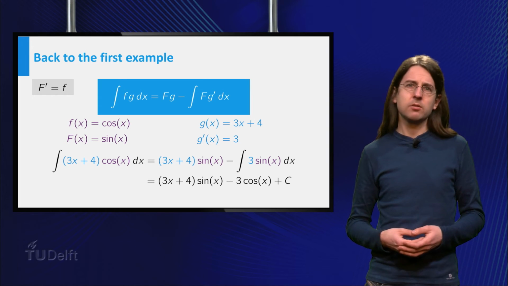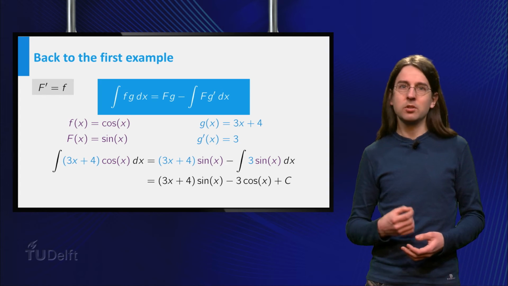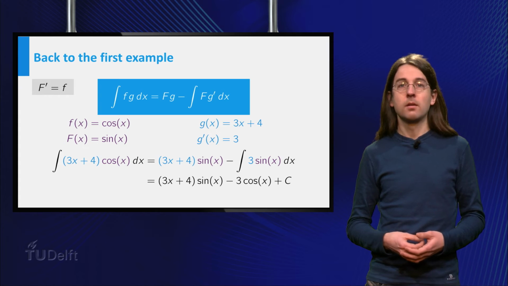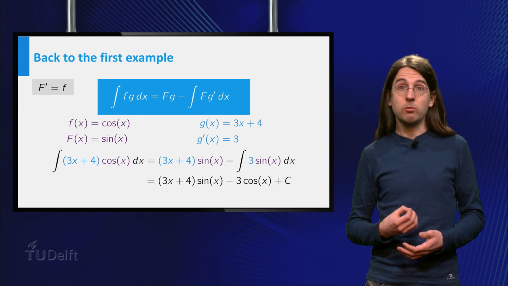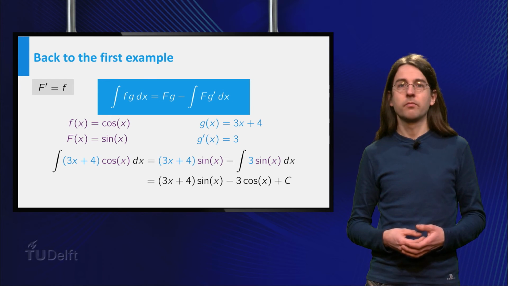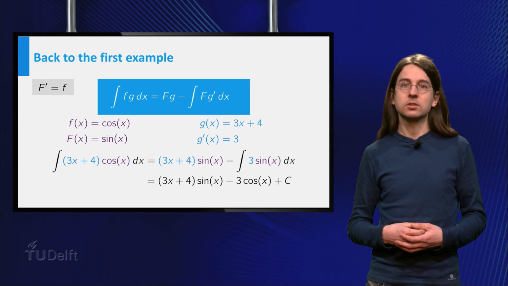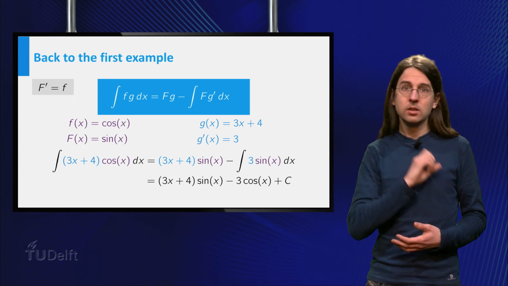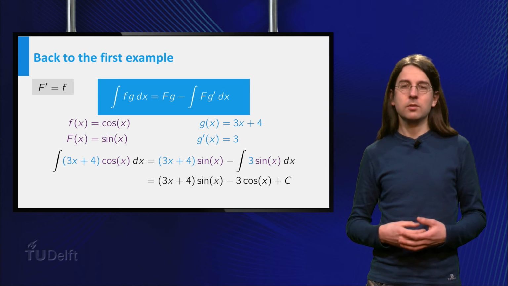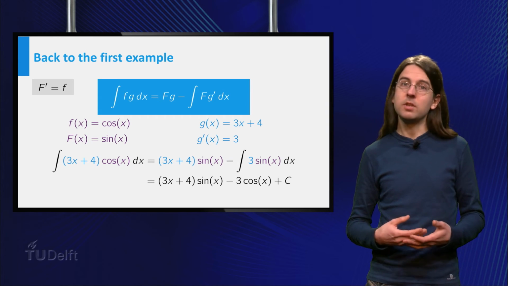Whenever you want to apply integration by parts, the goal is to ensure that the new integral is simpler than the original integral. If you are calculating an integral and want to use integration by parts, there are several choices you have to make. First, you need to decide how you write the original integrand as a product of two functions. Secondly, you need to choose which of the two functions plays the role of g and will be differentiated, and which is f and needs to be integrated.